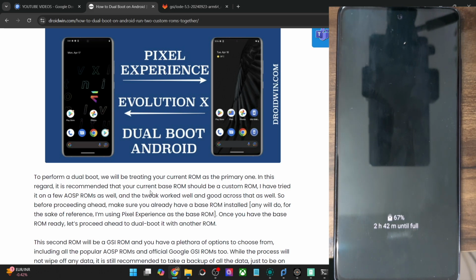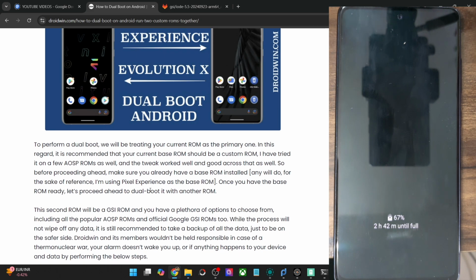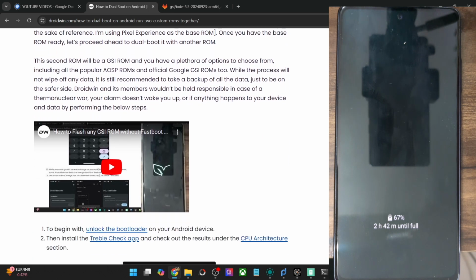So with that said, currently our focus is on the Samsung phone, and as you might be aware, as opposed to all the other Android phones in which you have to flash the VBMeta file in fastboot mode and then flash the GSI in fastbootd mode, this method does not work in Samsung phones. In case of Samsung, you will have to take a different approach, and in this video I'll show you how to get that job done. So please take a backup of all the data on your phone and then let's get started.